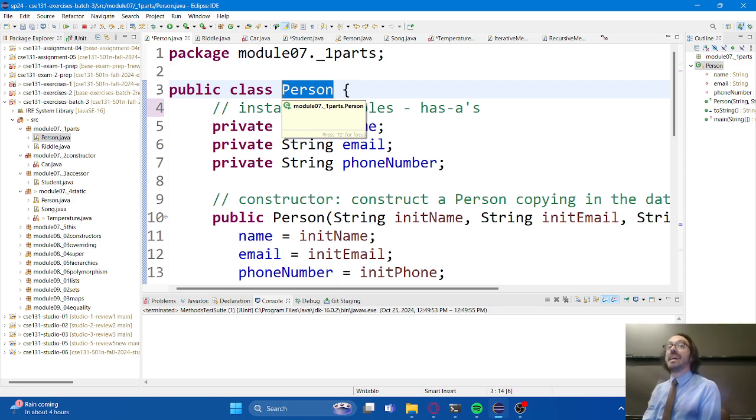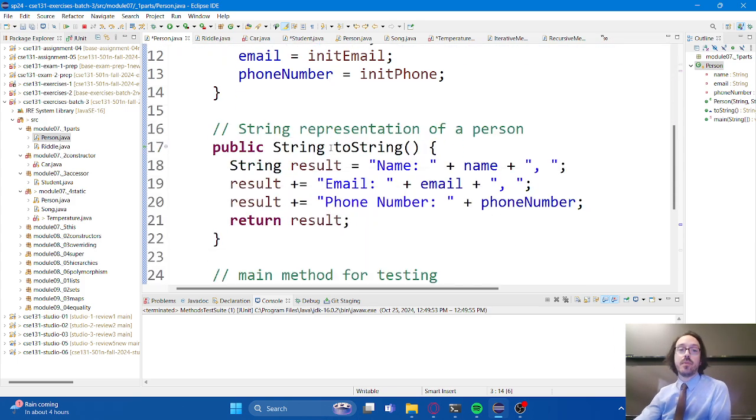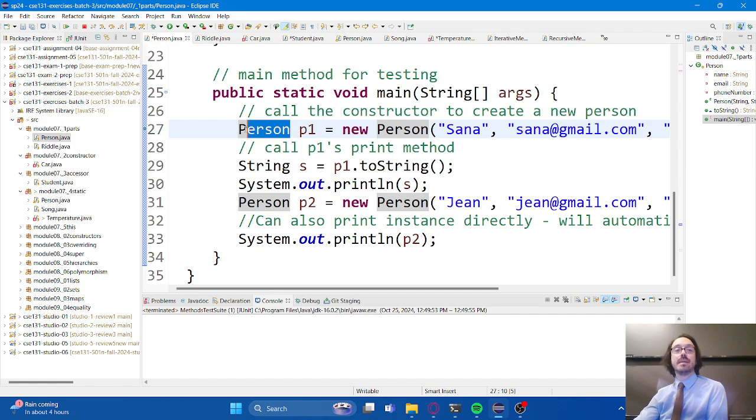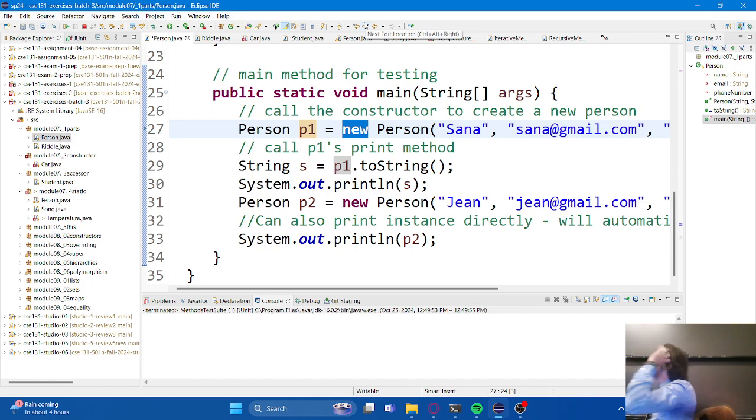I want to represent a tiger. I want to represent a building, right? In order to do those things, we need a combination of strings and ints and doubles and other types as well. So this is our way of making a new type that we can then use just like any other type that we've used. Anywhere that I've seen int before, I can now use Person. That's very powerful. This is just a name, so nothing too crazy there. The word new, after today, I want that to have a very new meaning, a new context for you.